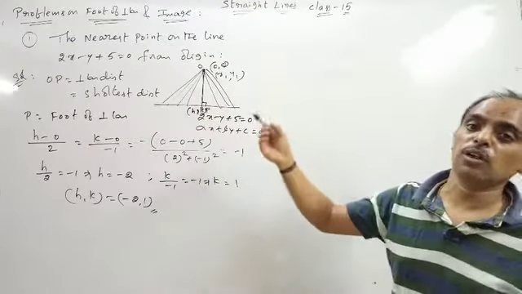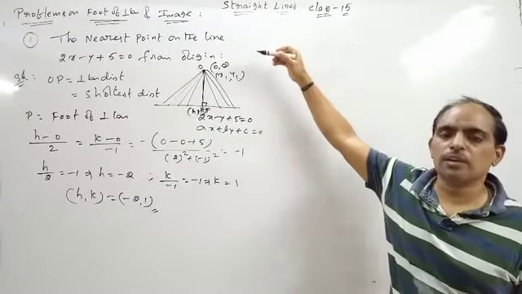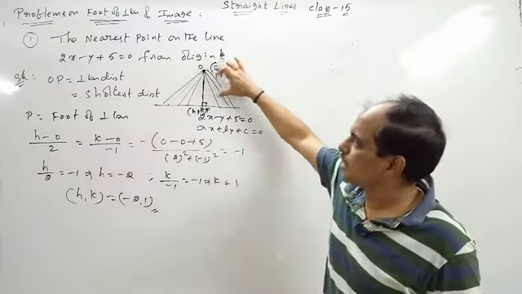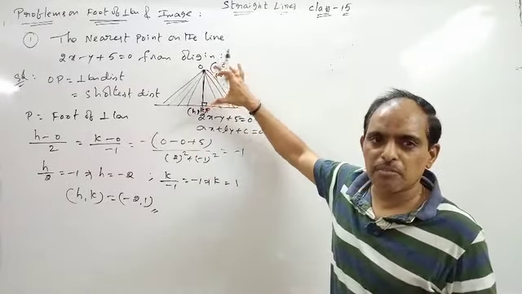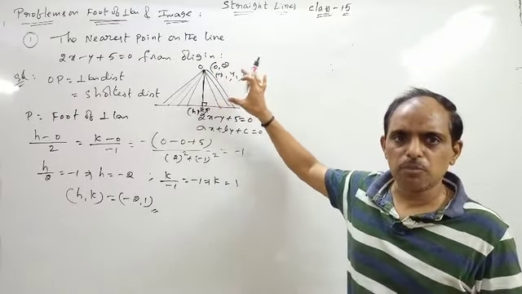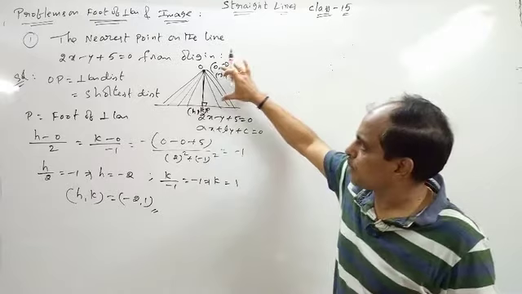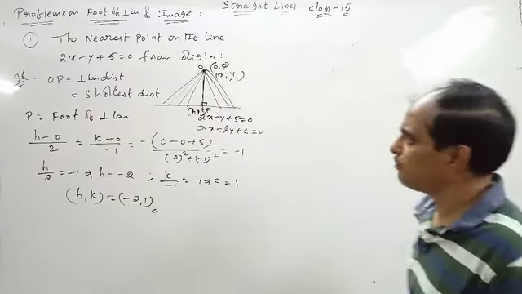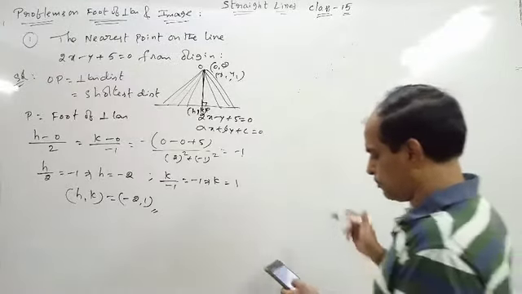So they can ask the question like this too: from a point origin, find the point on the line which is the nearest. The nearest point at a distance, it should be the perpendicular distance only. Okay, that should be the perpendicular distance. So if it is the perpendicular distance, that point is nothing but foot of perpendicular. Okay, now one more problem.